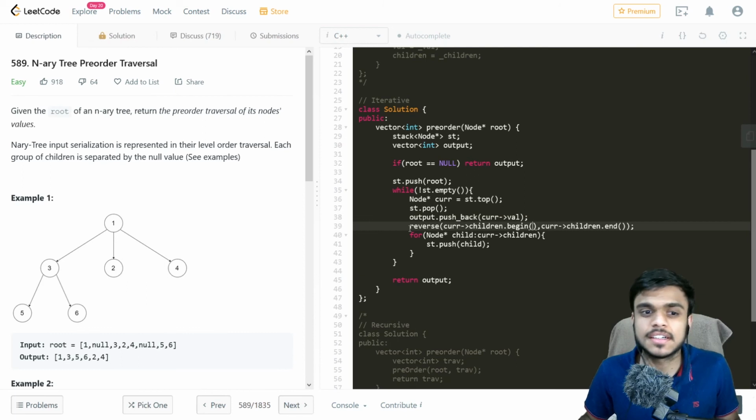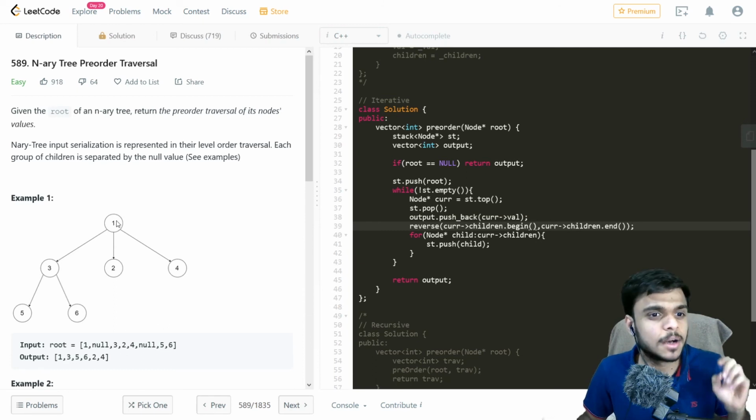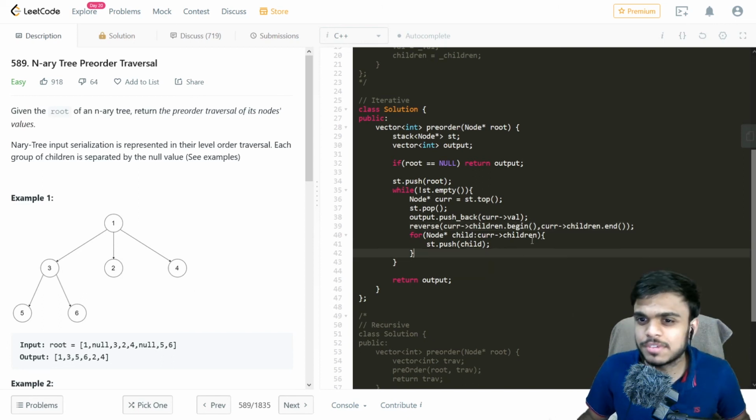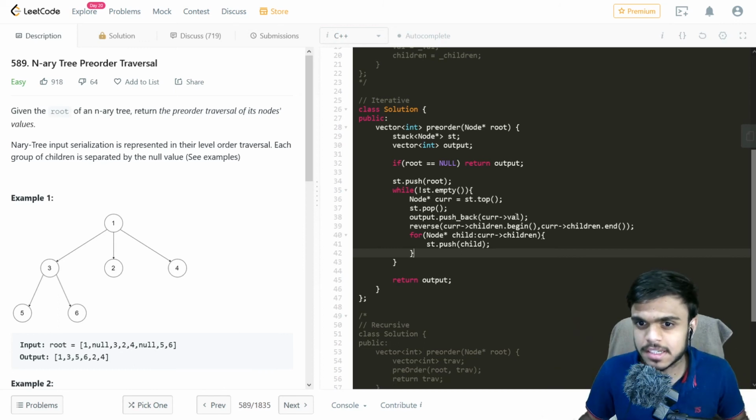After that, as I said, we need the left children of the root first, because we are doing a pre-order. The first output would be 1, after that we need 3 in our vector, and after that 5, which is why we need to push the elements in reverse order. So we take the children vector and reverse it.